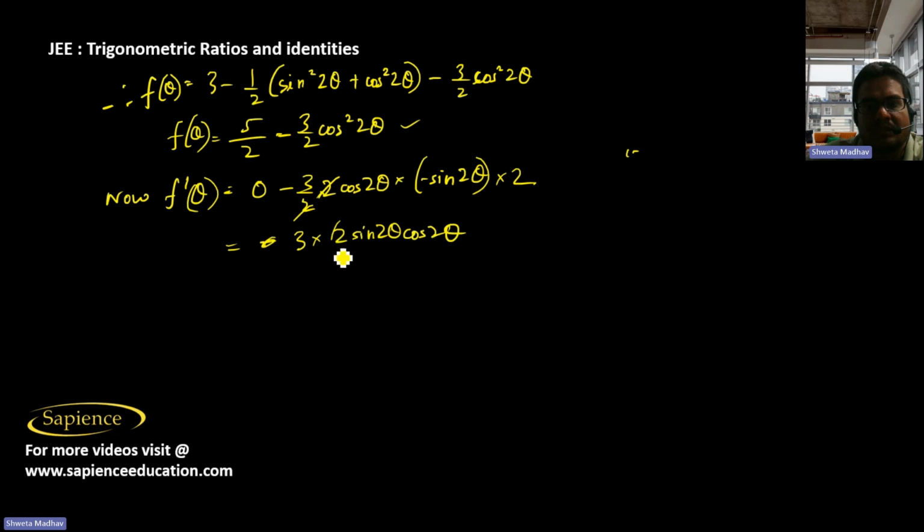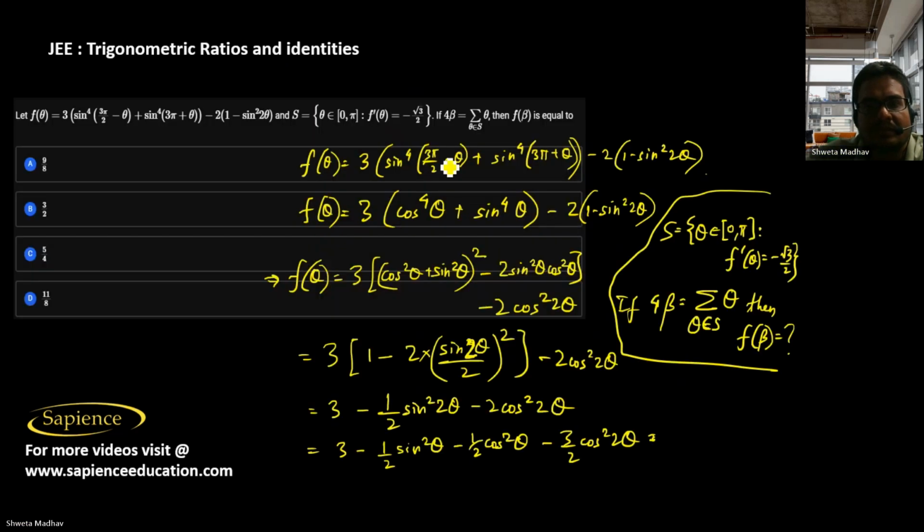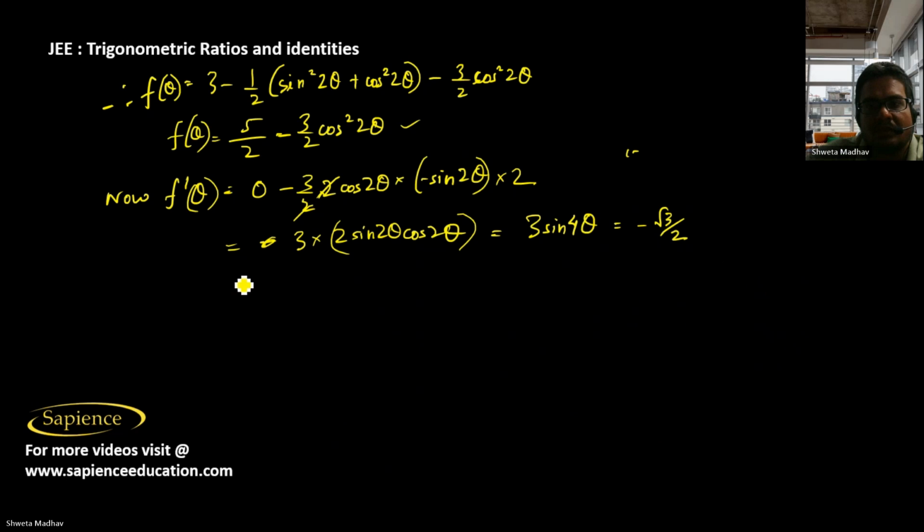Now 2 sine 2 theta cos 2 theta is sine 4 theta. So this is 3 sine 4 theta. Now f dash theta should be equal to minus root 3 by 2. Then those theta values, if we take from 0 to pi, those angles will belong to the set S. So now if we solve this trigonometric equation, then we will have